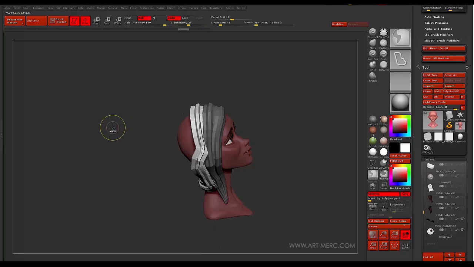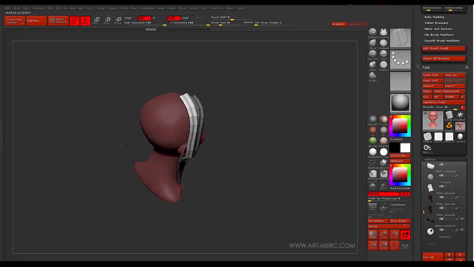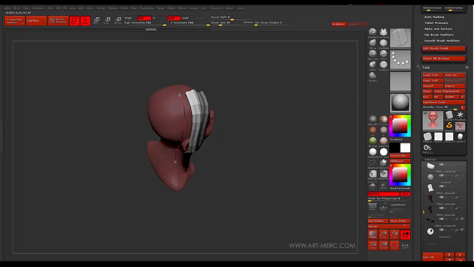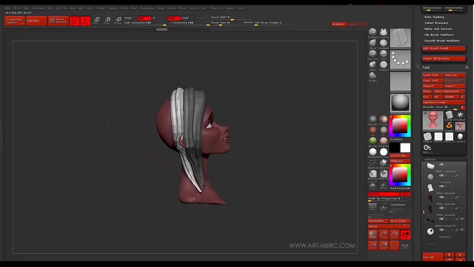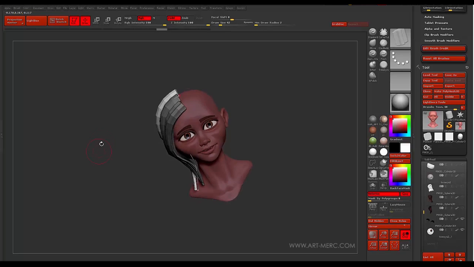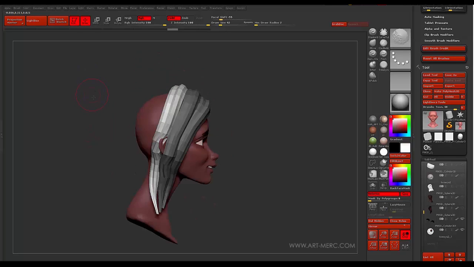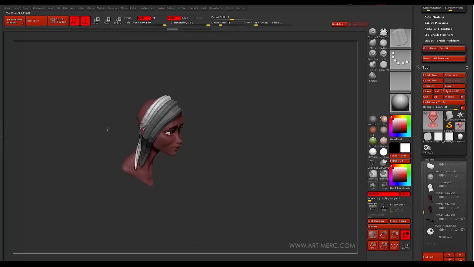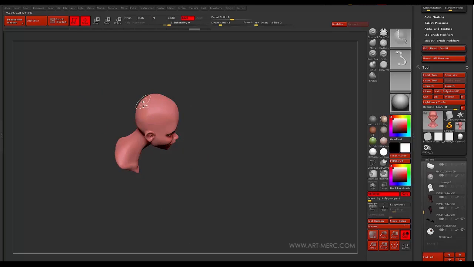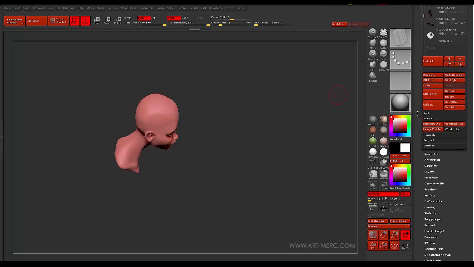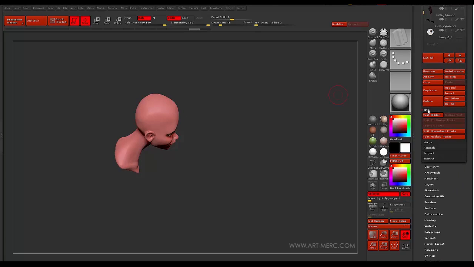You can always adjust this so that you can lock the starting point, or you can lock the end point. Just get in there and play around with the brush modifiers. But another cool thing, something I did with the hair that I already had on this character, is I split these out into their own separate subtools. So I'm gonna split hidden,